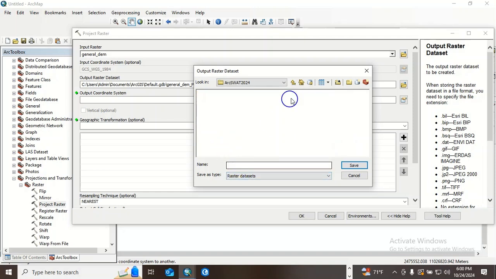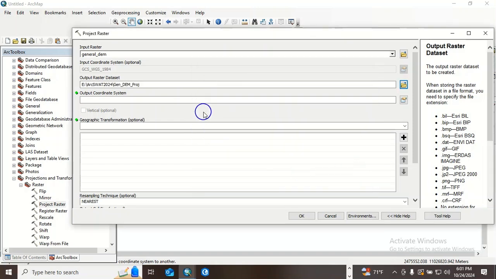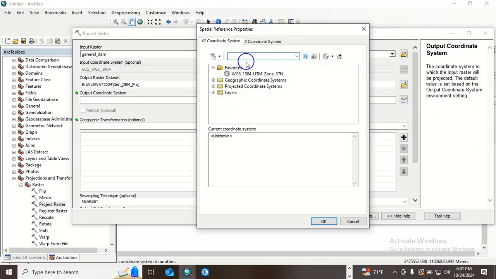This. Okay. Here you can save it. This is general DEM underscore project, right? Projected, that means. Okay, now for the coordinate system, go to here and use the right